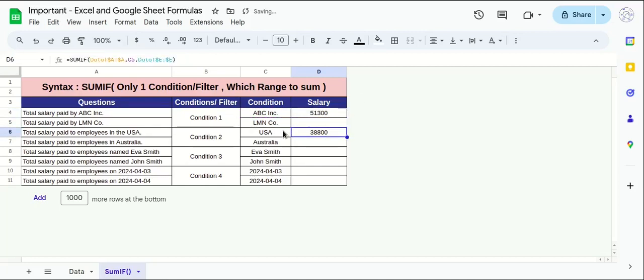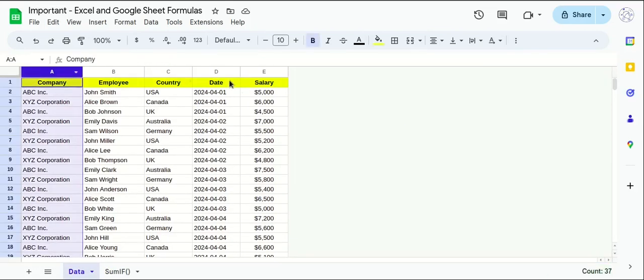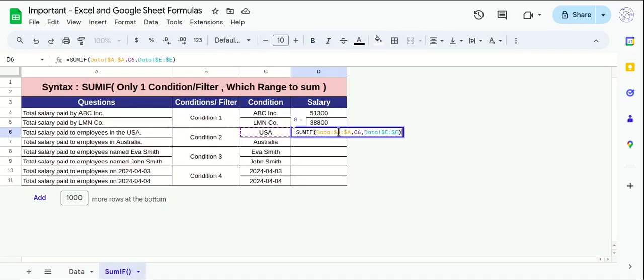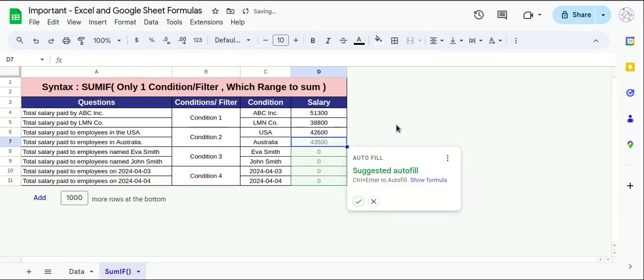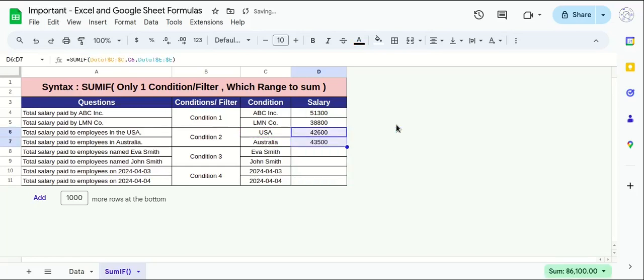Now on the basis of the country, we have to select it. So I'll just drag it again, and you will see it is giving me 0. Why? Because it is searching USA in column A. Column A is of the company, right? USA exists in column C. So I'll just go here and change column A to column C. And here you go. You will get the amount like this,